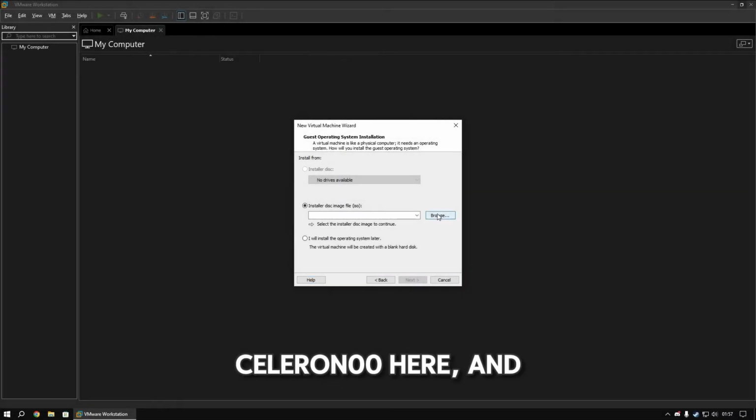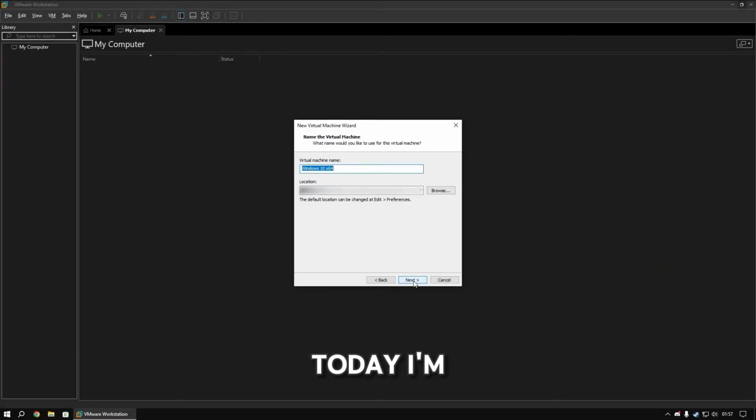Hey guys, Celeron00 here, and today I'm gonna install Windows 10 22H2 on my VMware Workstation, since it's my first